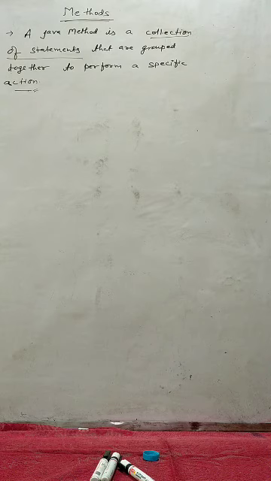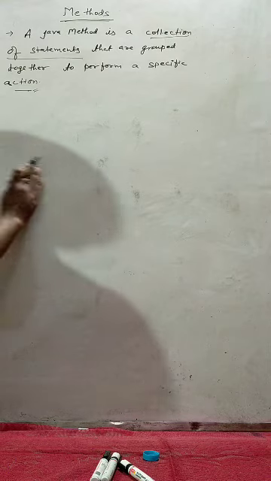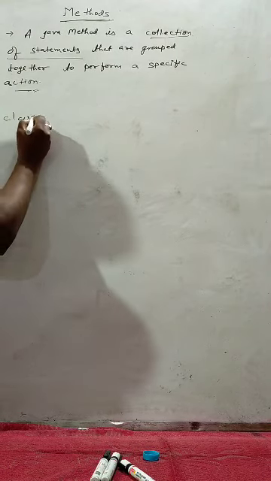Dear students, as you know, Java is an object-oriented programming language. That means any action can take place through a method, and these methods have to exist as a part of a class. Let's take an example. If you remember in the previous class, that is in standard 9, our program structure was like that.